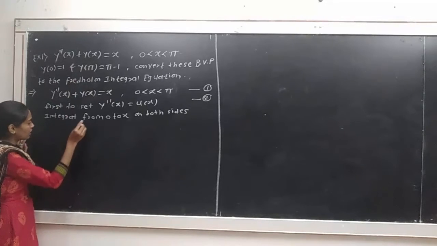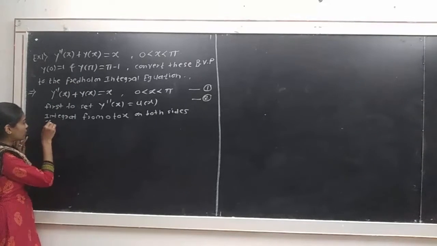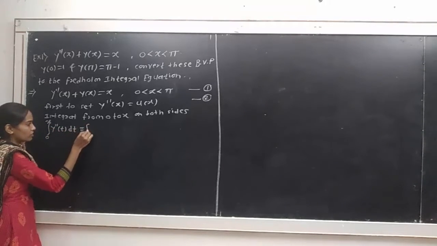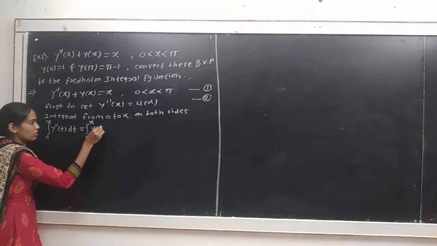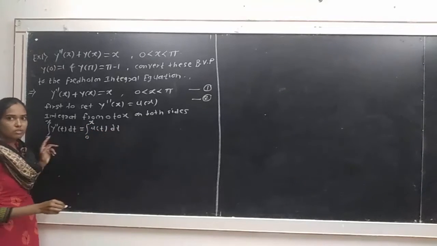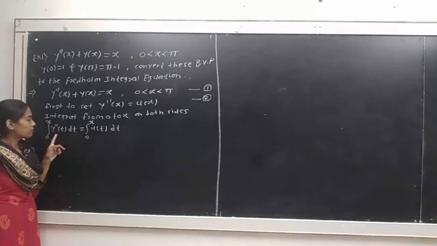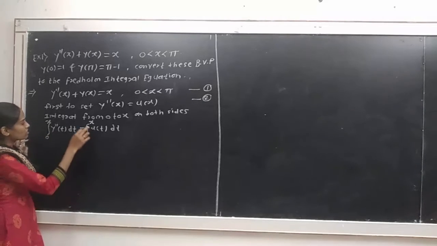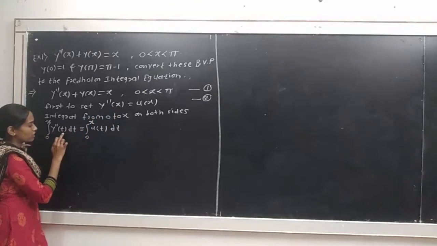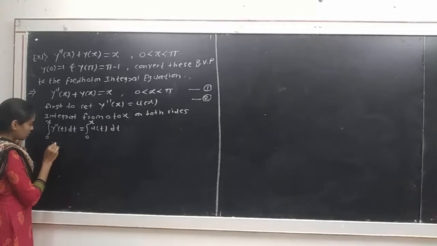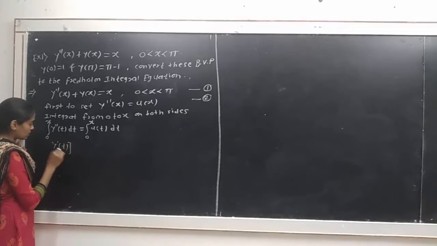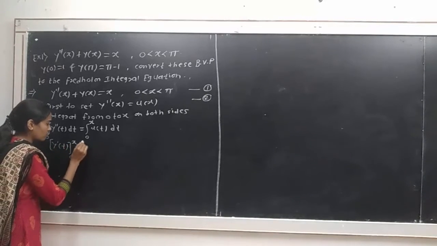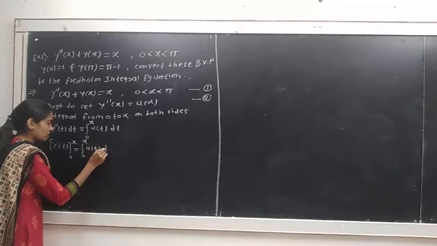value problem. Then by integrating we get the integration from 0 to x of y double dash of t dt is equal to the integration from 0 to x of u of t dt. In a similar manner to the method of converting an initial value problem to the Volterra equation, here again we consider the variable t instead of x. The integration of y double dash of t will be y dash of t, as one derivative and integration get cancelled, with limits from 0 to x, equal to the integration from 0 to x of u of t dt.